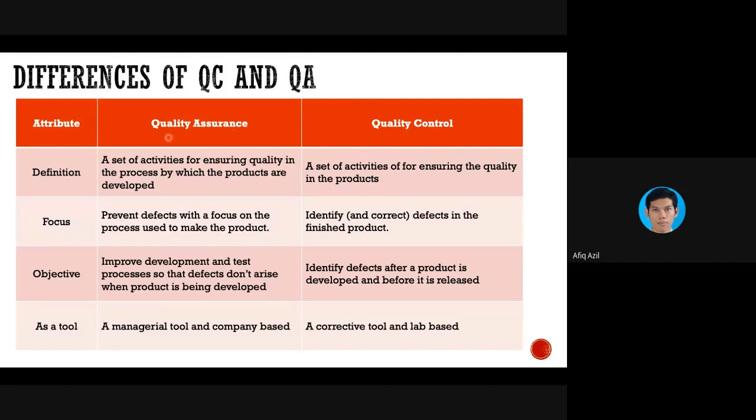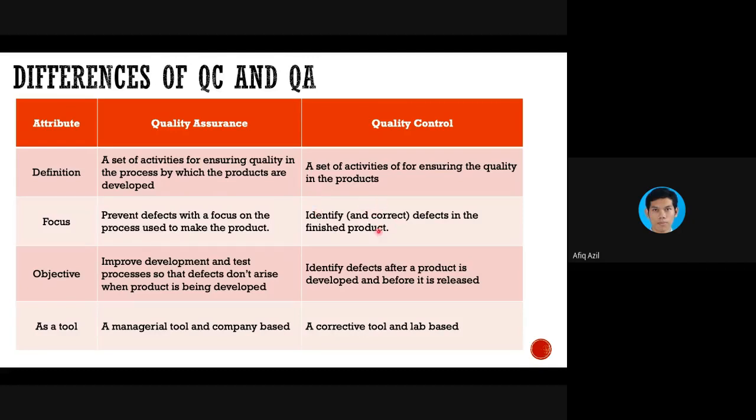QA is a set of activities for ensuring quality in the process by which products are developed, while QC just ensures the quality of the products, the formulation of the drug itself. QA prevents defects. It focuses on the process used to make the product, while for QC the main task is to identify the defects, and maybe they need to correct.